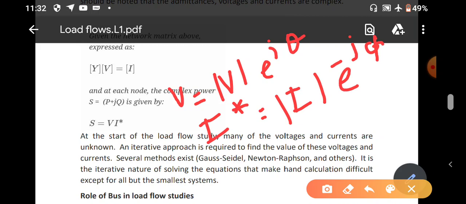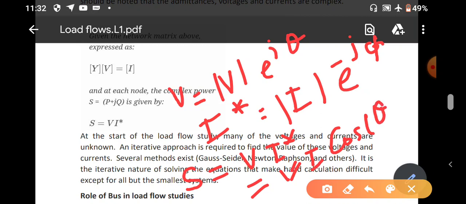Now if we want to have complex power, that is S equal to V times this complex conjugate of I, then you will get V I cos (theta minus phi)